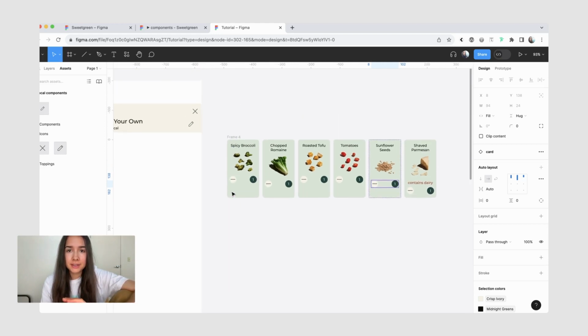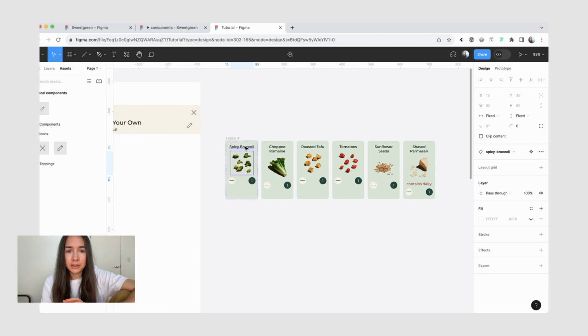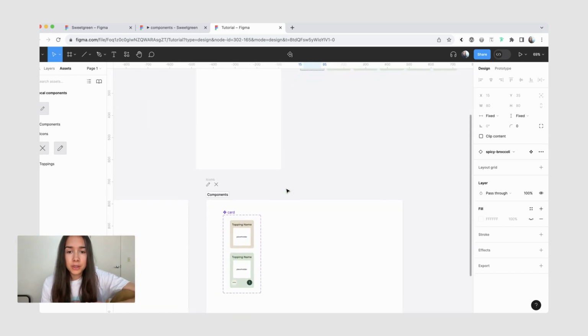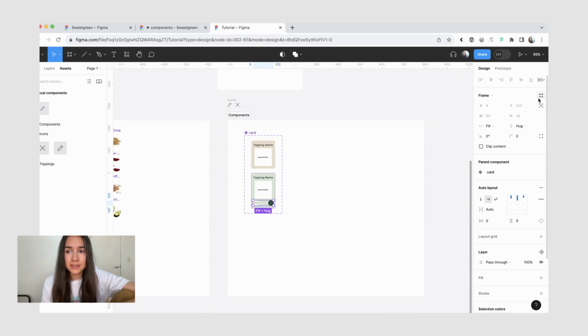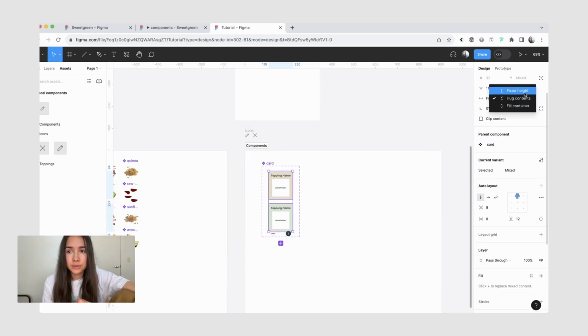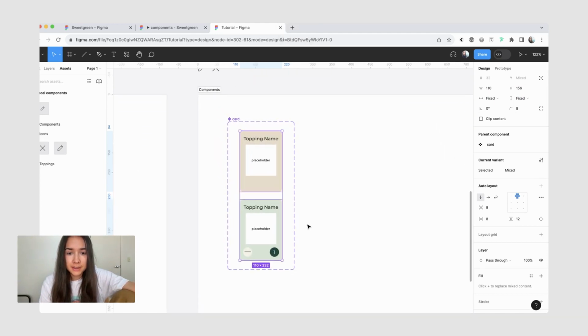And there are a couple of things that we can do. The first one is that we can combine all of the top layers inside their own auto layout and then set space in between to auto so that all this stuff is always at the top and the counter is always at the bottom. Or something else that we can do is set the counter to absolute position. We could update the height to be fixed here as well, so maybe like 156.